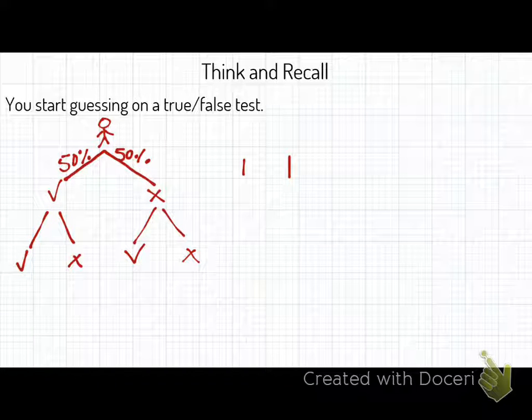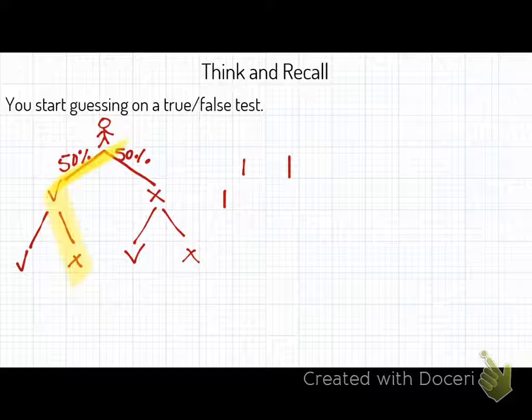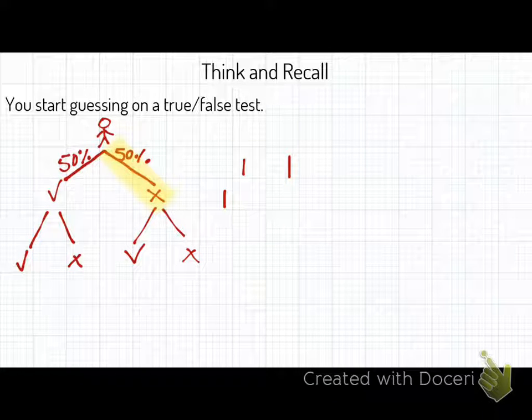Actually, let me delete these. Only one, okay? How many ways could you have gotten one of the questions right and one of the questions wrong? 2, right? You could have gotten this one right and this one wrong, right? So that's one way. You could have also gotten this one wrong and this one right. Does that make sense? So how many ways could you have gotten at least one problem right and one problem wrong? 2, right? Okay.